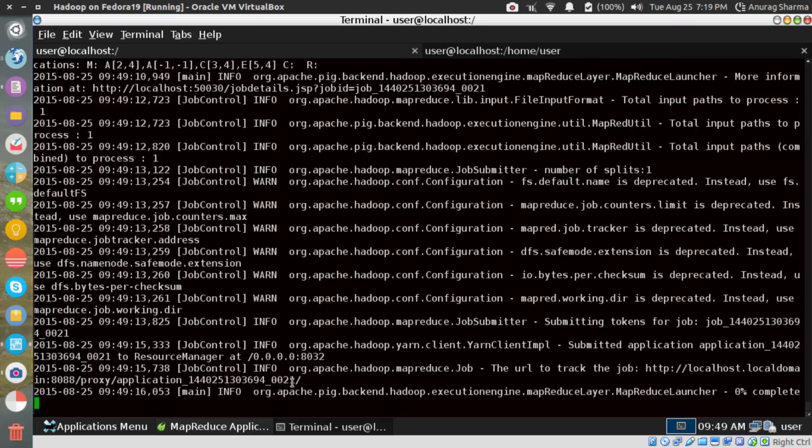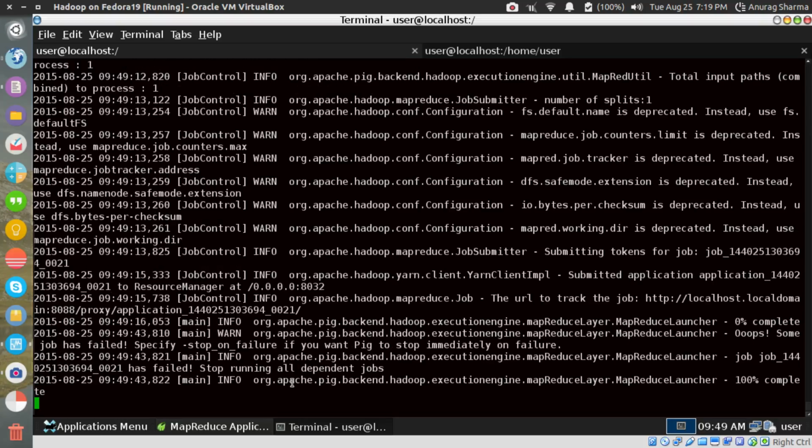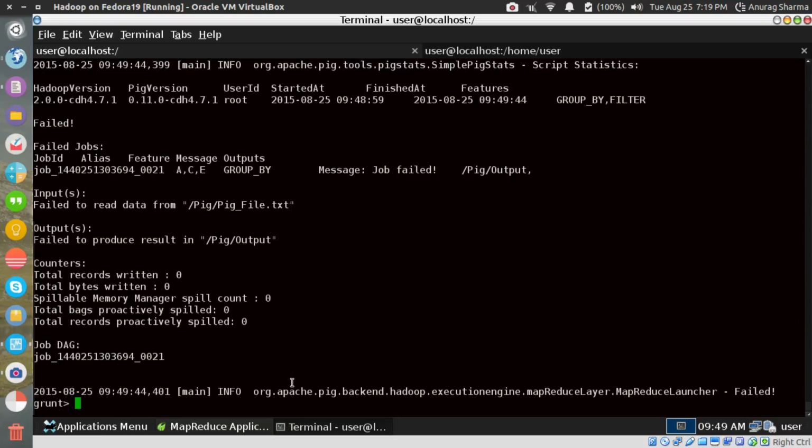Just a quick recall, A is just dumping the file as is into the variable A. B is nothing, we are not using B here. C was filtering rating is not equal to null, and D was filtering rating greater than 3.5, and E was ID is not null, I believe, and the job is a failure.